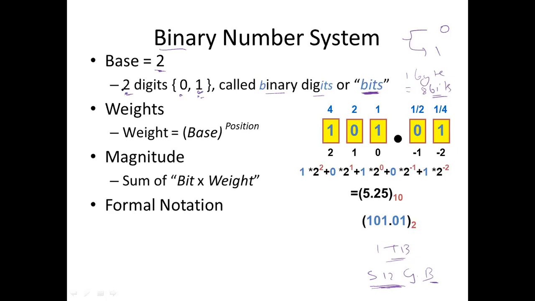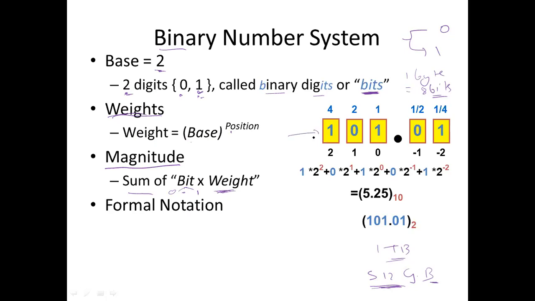ठीक है, तो weight, again the weight is defined by the same formula. Weight is equal to base to the power position, and the magnitude is the sum of bit, whatever is the value of bit, it can be either 0 or 1, that multiplied by weight, and whatever will be the result, that will be the decimal equivalent of the given binary number. Okay, so for example,